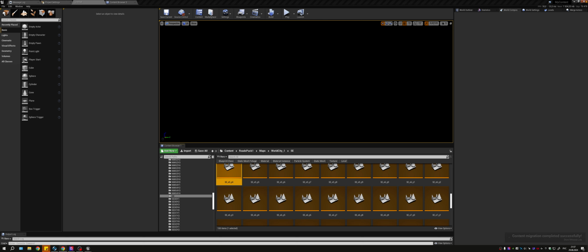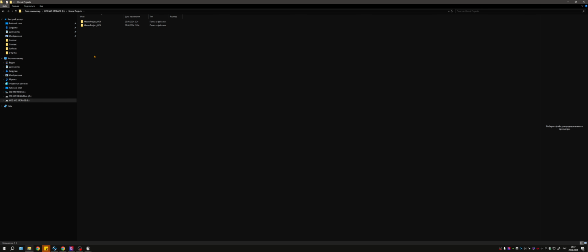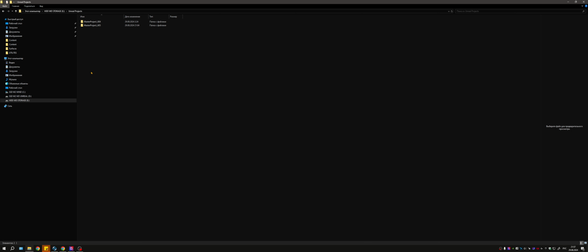I'm launching the 5th version of the engine. In this folder you can see 2 projects which were linked to that map: a pack of buildings and a pack of roads. You can see these folders that were